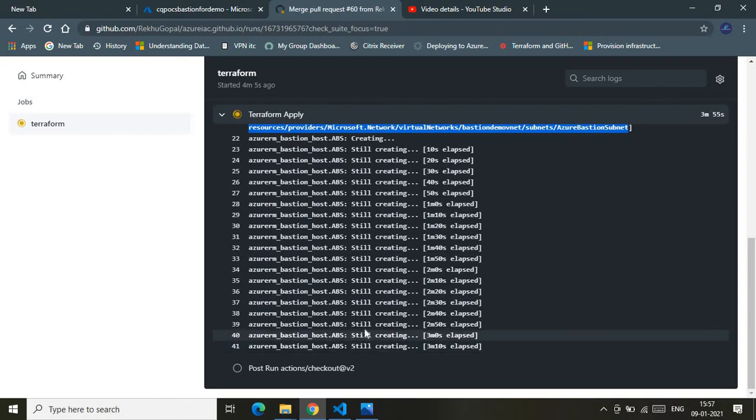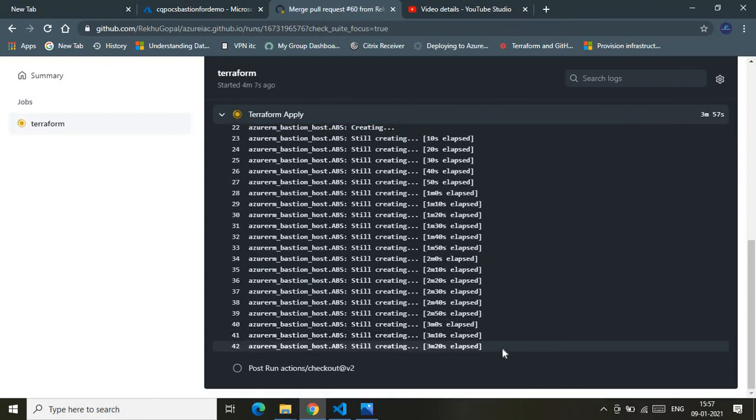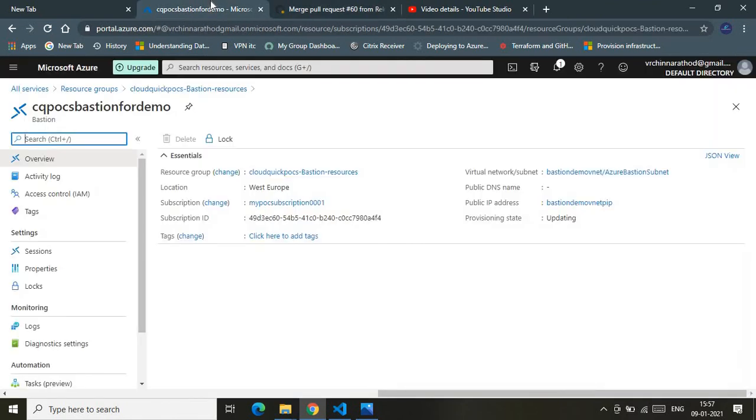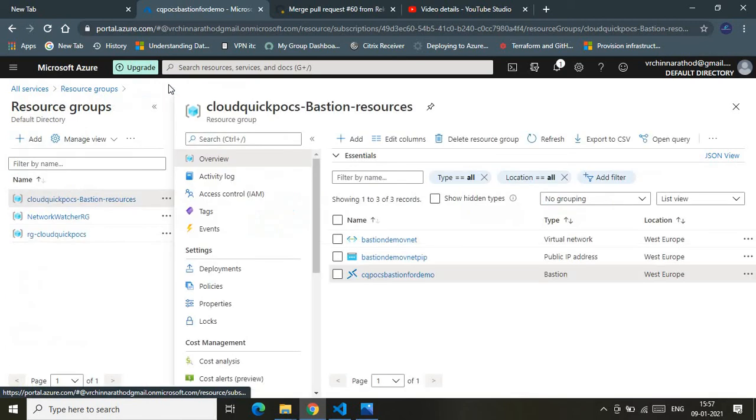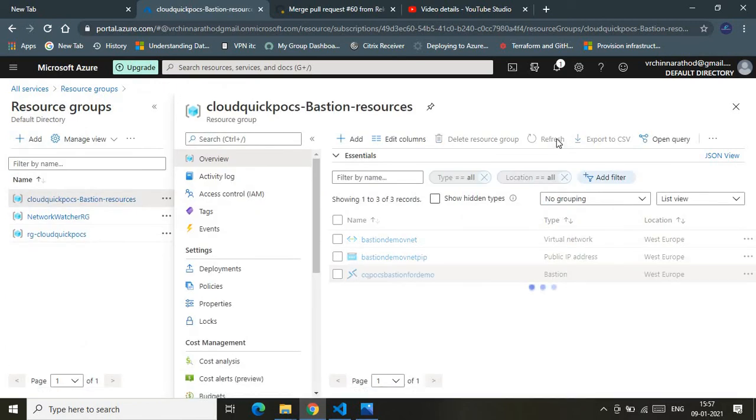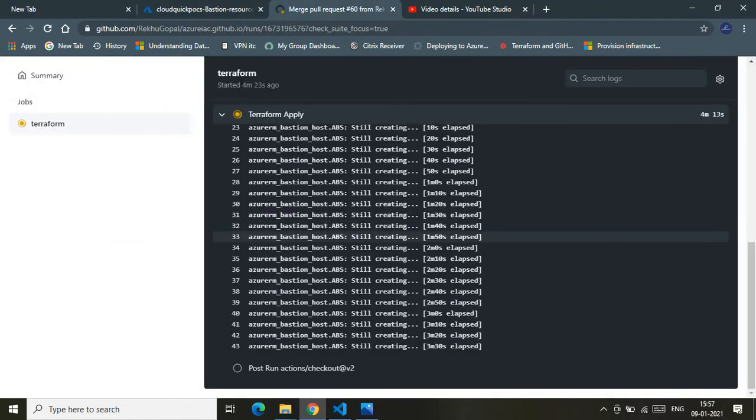So let's wait for some more time. It should be created by now, because indeed it will take some time. Bastion service. So Bastion service is nothing but a jump server. It's a jump server rebranded as a Bastion. How it is rebranded is because it becomes an inbuilt service from Azure, which replaces the jump